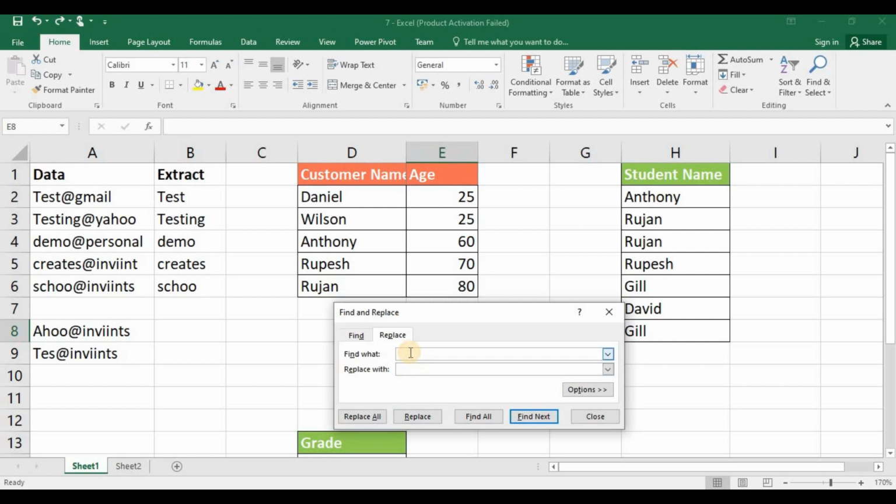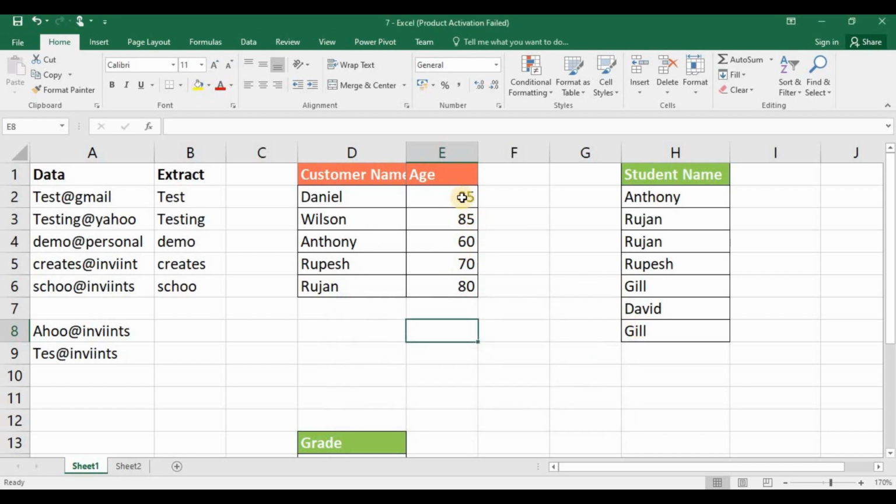We'll see with an example. Enter 25 in Find What and 85 under Replace with. Here we are replacing the 25 with 85. Press Replace All. Close this window. See, the 25 has been replaced with 85.